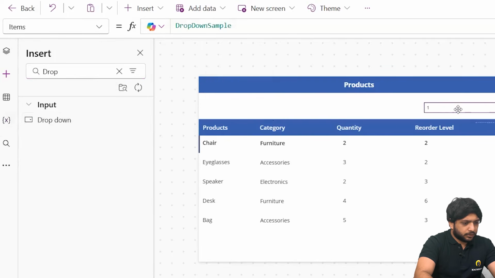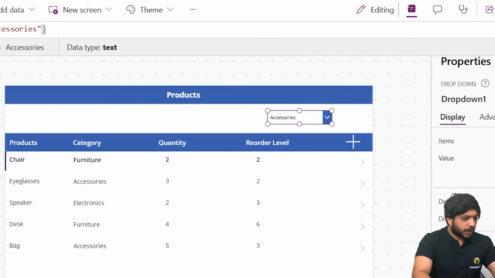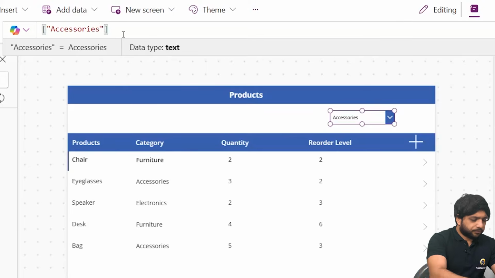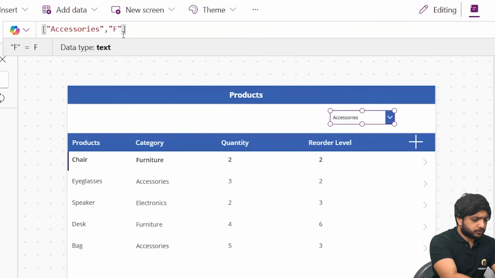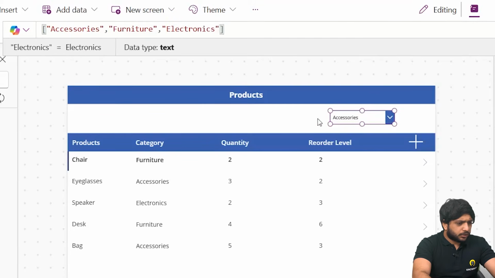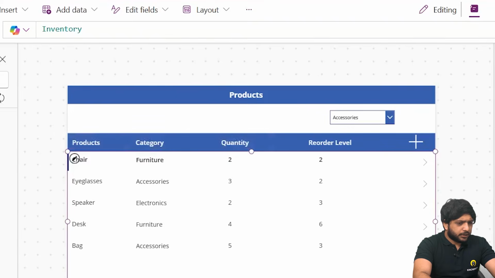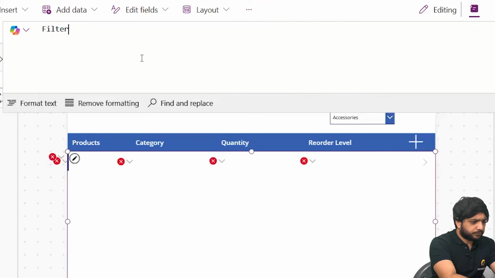Here I will drag it here. Now here in my drop down, in my items, I have added my array: accessories. Second I will write furniture, and third will be our electronics. Now in my gallery I will add a filter condition, filter